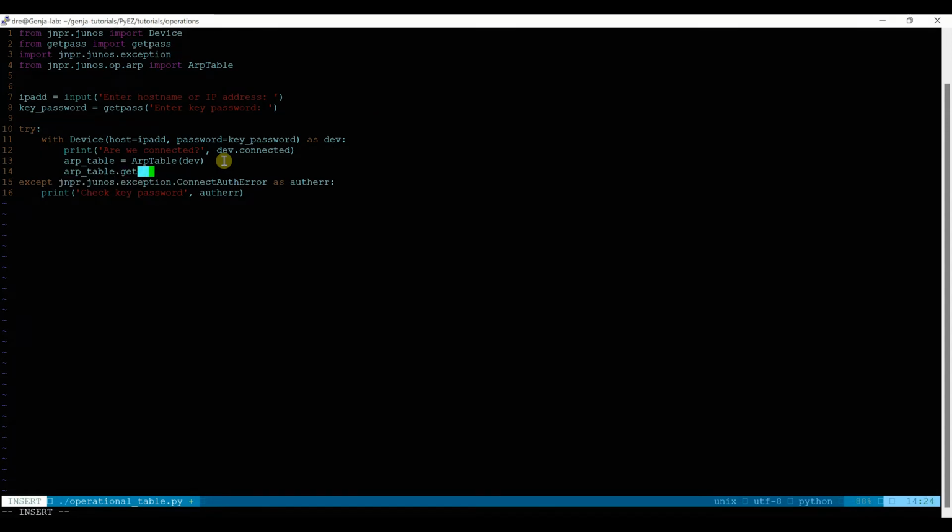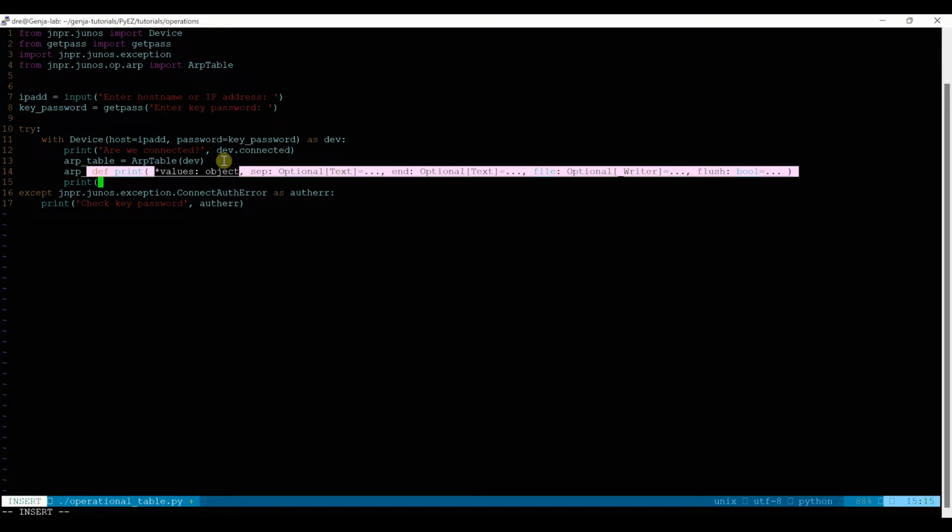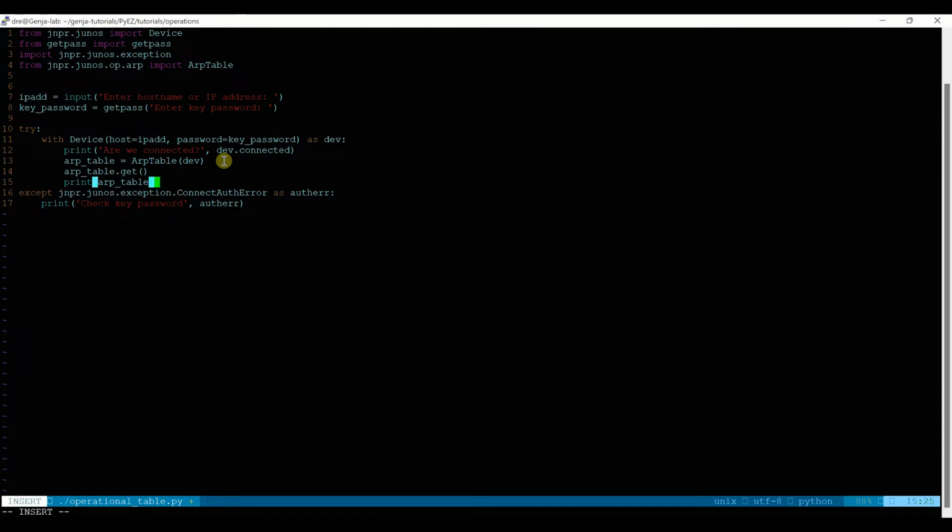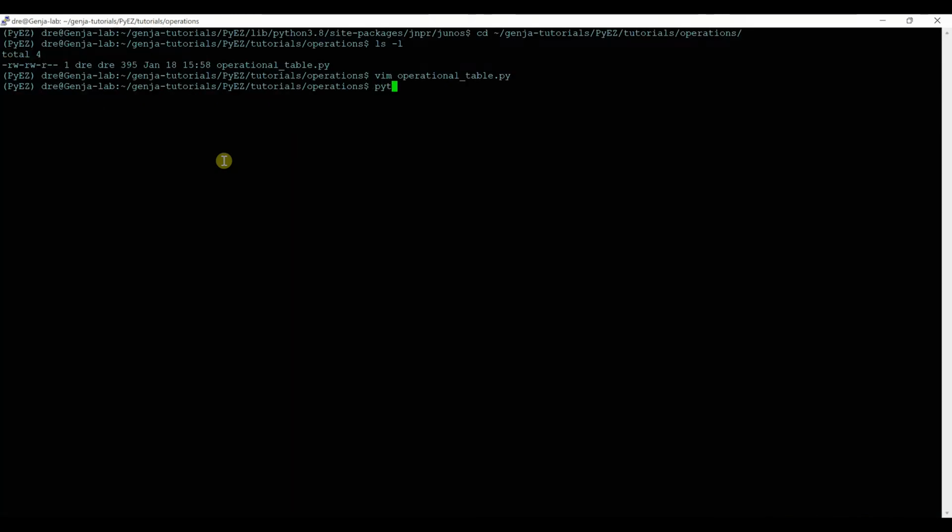This will get everything, and then we can just print the ARP table because it's stored within the object itself, so we don't have to create a variable. Then you can just come out, save that, run the command,